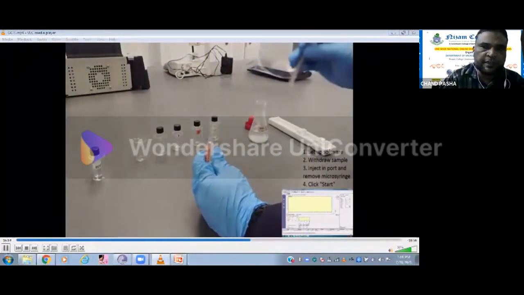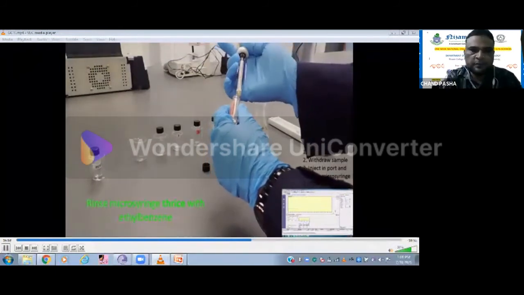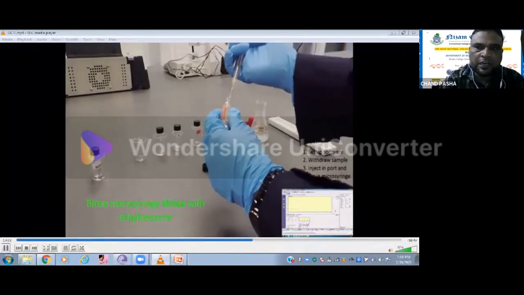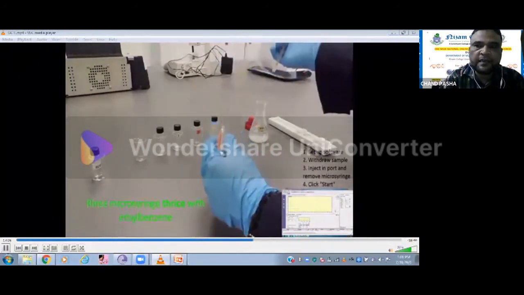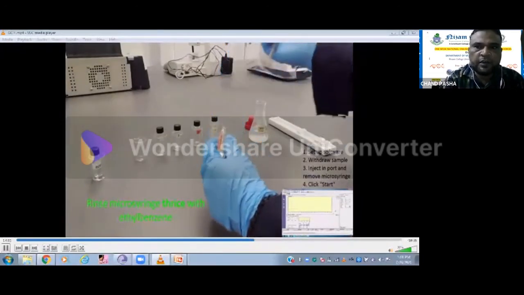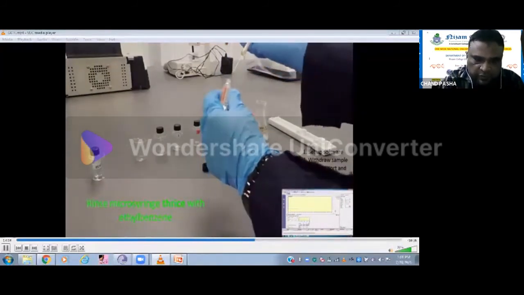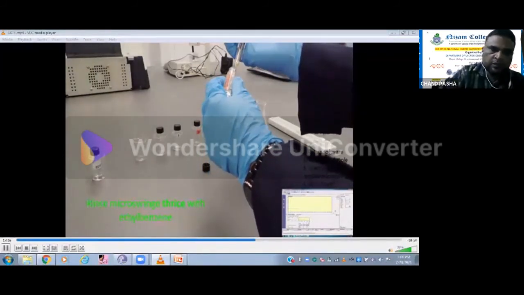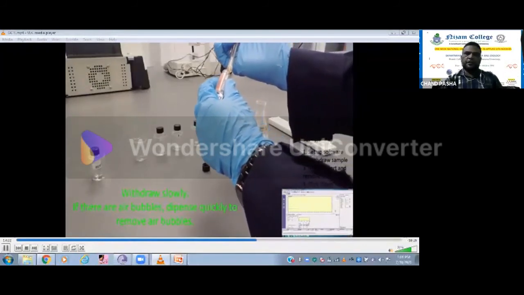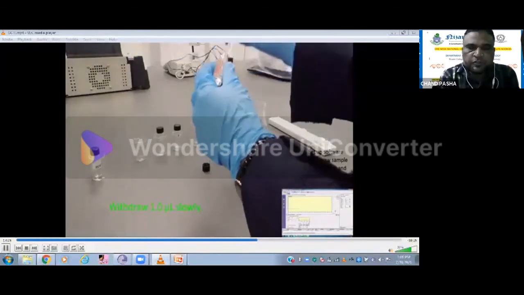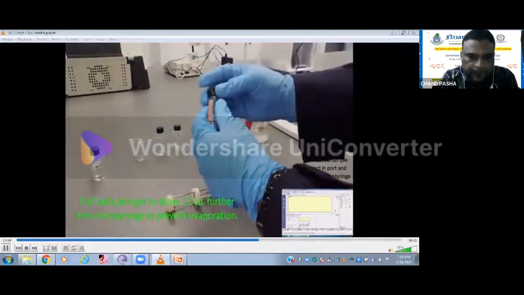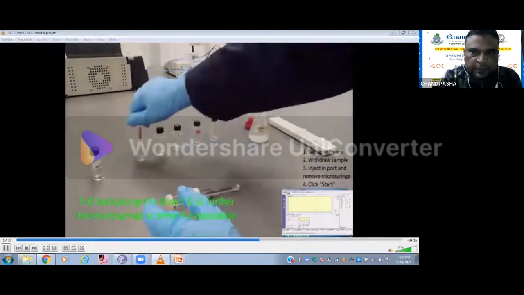Once it shows ready, only then can we load our sample. As soon as you load the sample, it will go into the acquiring mode. Acquiring means it is collecting the data of your run. Unless you keep it in acquiring mode, it will not collect the information. And you are supposed to rinse your syringe with the sample you are going to load before loading, because residues or impurities from earlier samples will be there, and those have to be removed. 3 times you are supposed to rinse, and then you take your sample. Here again, we are taking 1 microliter of sample.